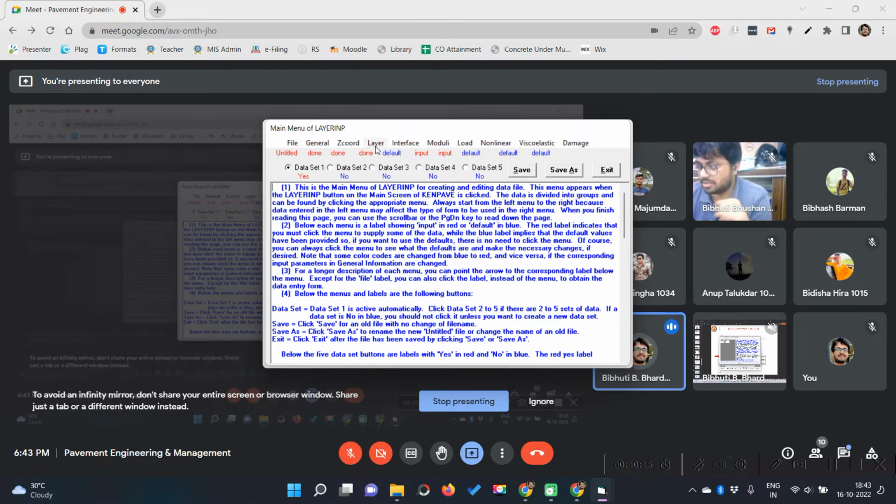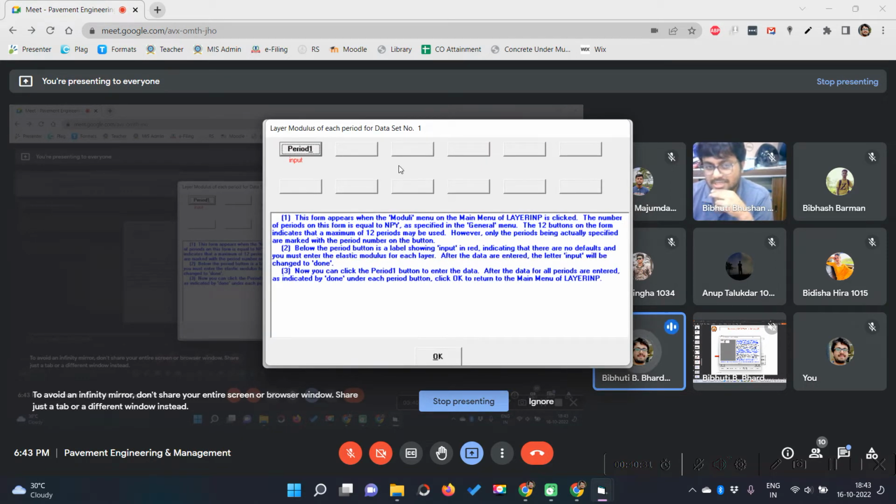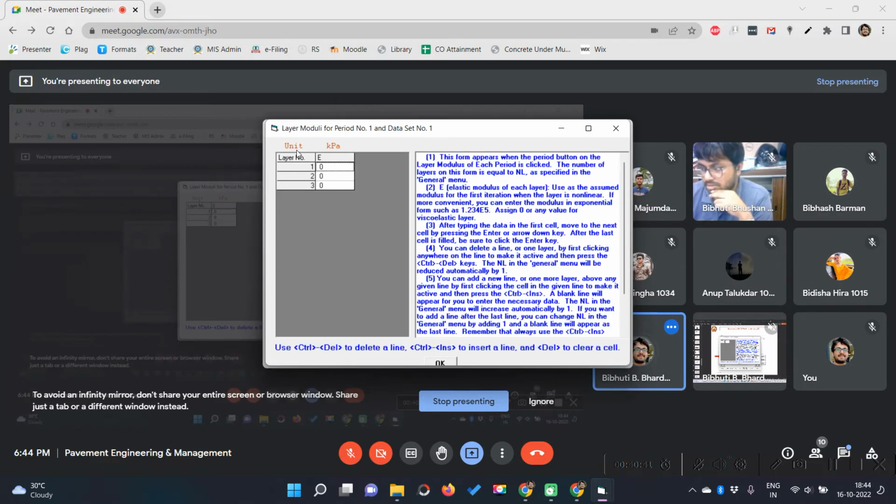Now, if you have noticed, under layer it is set done, right? Now don't go to interface, directly you can go to moduli option. Okay, under moduli you see that input option is again coming, so you click on input. Are you getting this screen, all of you? Yes, sir. Then just click on period 1. So you see the elastic modulus of all the layers, or you can say the modulus of resilience of all the layers